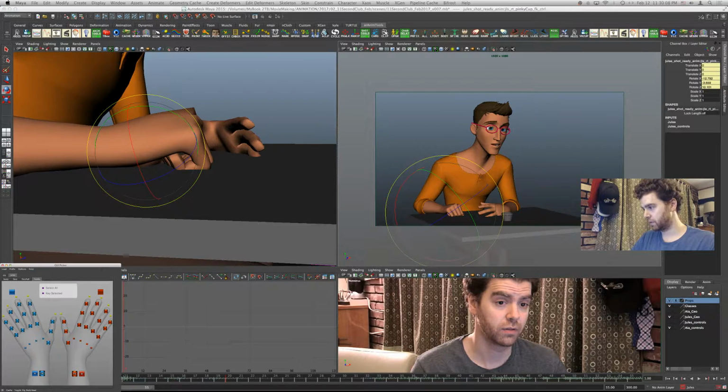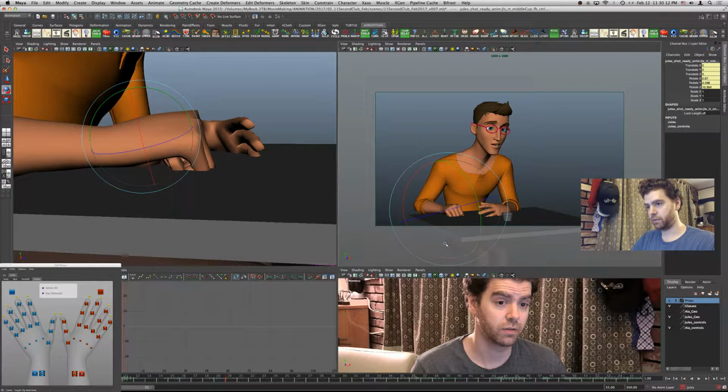Since this shift click doesn't seem to catch, I don't know if it's my mouse. Then I'm going to just see if I can rotate this in just a touch to hide that pinky, so it's not super distracting.